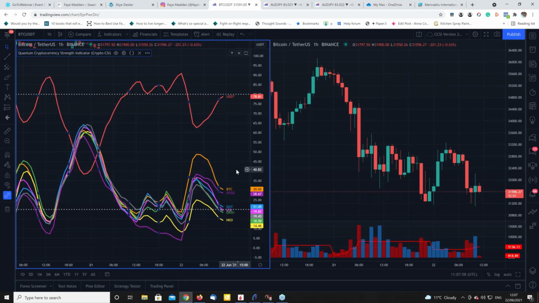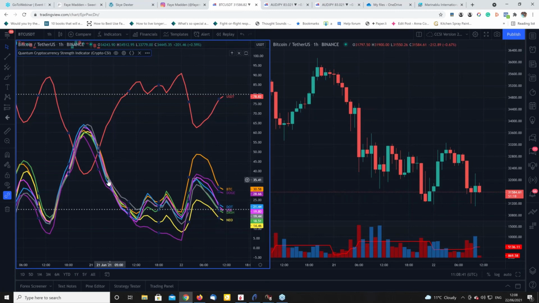Now, when you get down to the 1-minute time frames or the 15 seconds, obviously you do get some divergence, but generally speaking, what you will find is that they will move en masse. There's very little variation, certainly on the slower time frames at any rate, but the thing that really describes their price action is the fact that we've split out tether here, because tether is the divergence force to drive the market in the strong trend. So when you've got tether rising very strongly, and you've got the crypto market en masse moving strongly in the opposite direction, you have got a trend and a half. It's as simple as that, and that's what you're looking for the whole time.